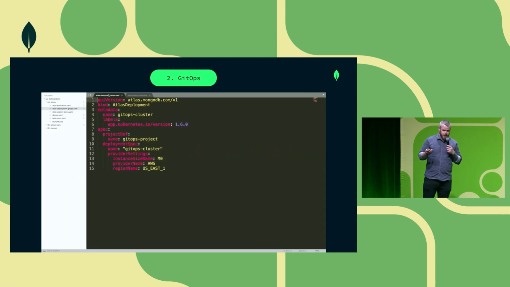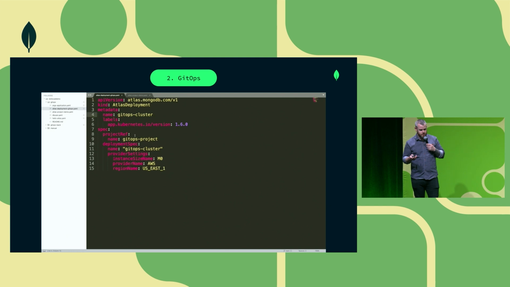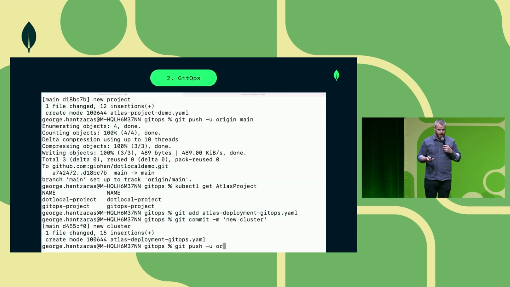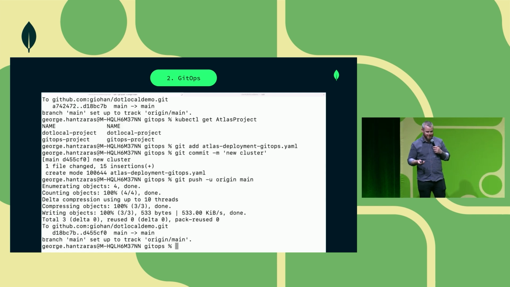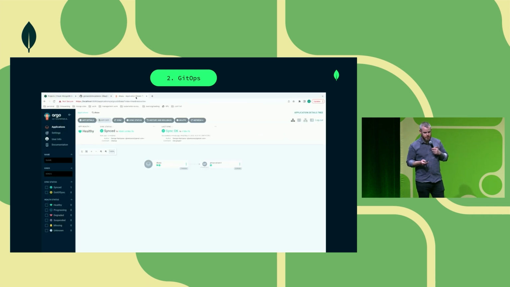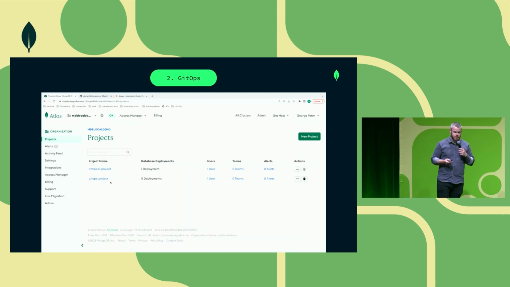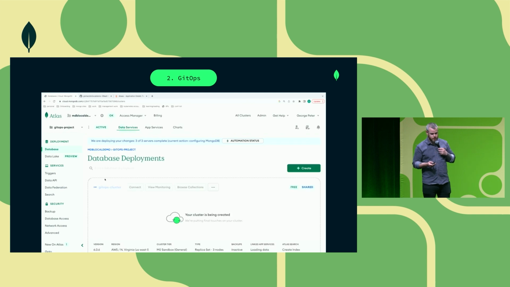Now, we can use the same or much the same cluster definition as before, but again, it's a GitOps cluster this time, defining much the same thing. And again, it's another Git push, and all the magic happens again. We'll be able to see in Argo CD UI that the changes have been picked up, and Argo CD has already pushed that custom resource into Kubernetes. And again, the operator, if we click into here, will have initiated the project creation.